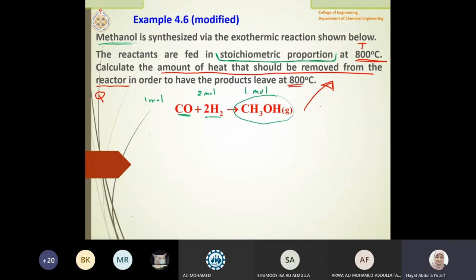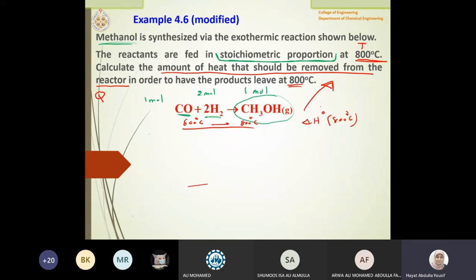What does it mean? It means that this reaction is exothermic, apparently. When the reaction takes place, I will get an elevation in temperature, but I don't want this elevation, because we need to calculate the amount of heat that will keep it at 800. It started at 800 degrees and it should stay. I want the whole reaction at 800 degrees C. I don't want it to change, okay?